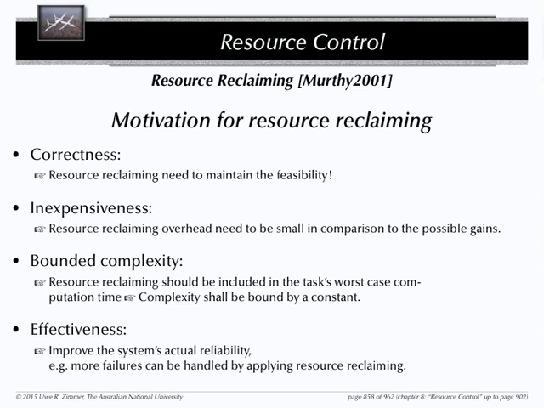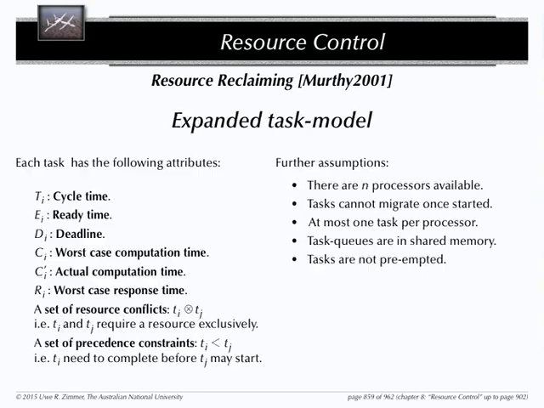So in order to do that, we have to introduce a few more terms in our tasking model. It makes our tasking model now a bit more complicated. We'll also discuss multi-CPU scheduling now, which we have not been doing so far. Cycle time, we have a ready time. This is the time when the task can be scheduled. Deadline, worst case computation time.